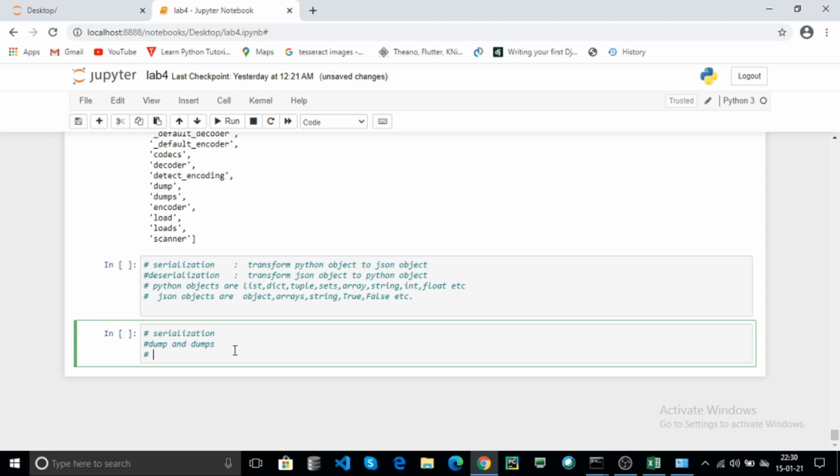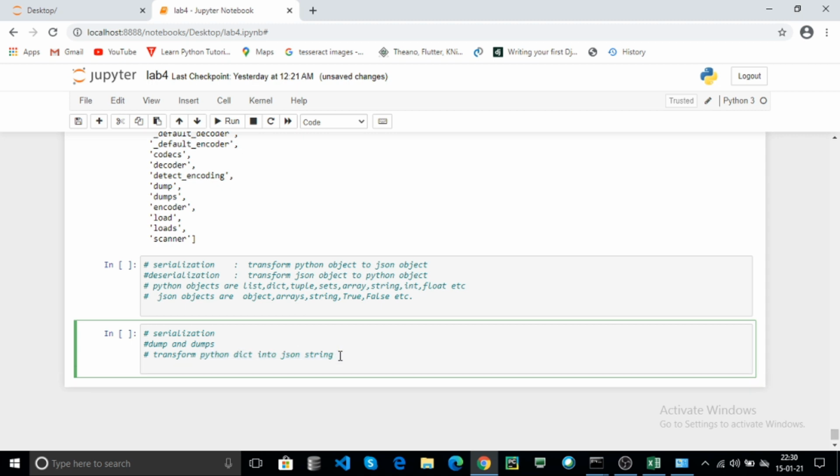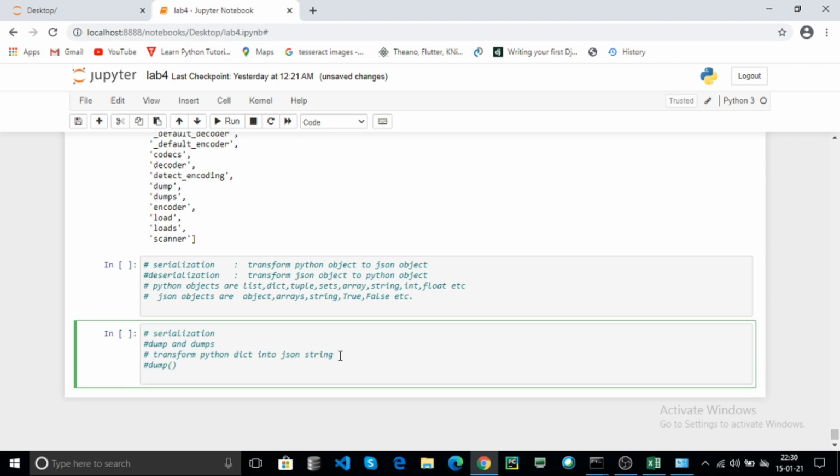For example, transform Python dict into JSON string. Now we can perform Python dictionary object to JSON string. Now use the dump method. First open the file using the keyword with.